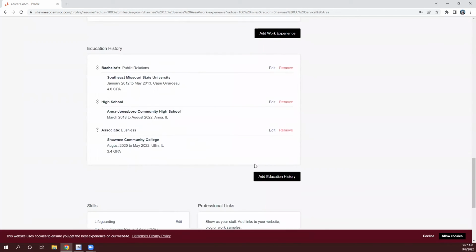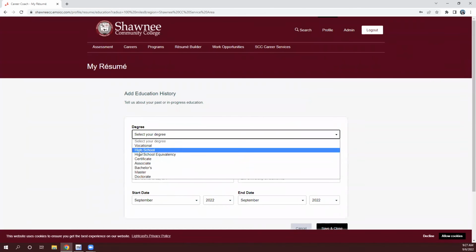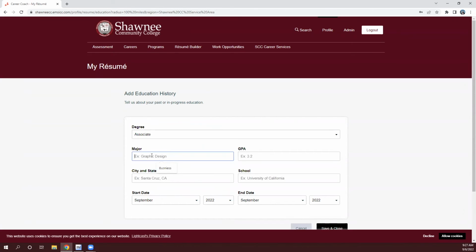Same with, I'm going to remove this. I'm going to add educational history. So select your degree. You see it's a lot of, you can drop down and fill in the blank. So it's kind of like making a profile for a social media page or something like that. It's very, very easy. So I'm going to do education. Just going to make this up, give myself, let's give myself 4.0. Why not? City and state,